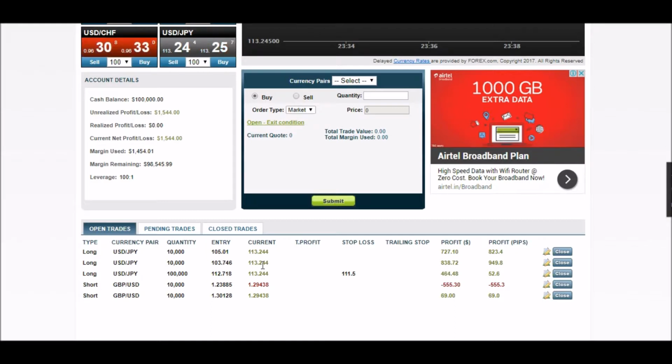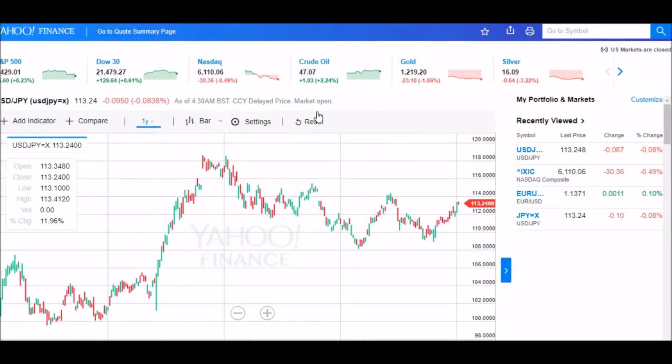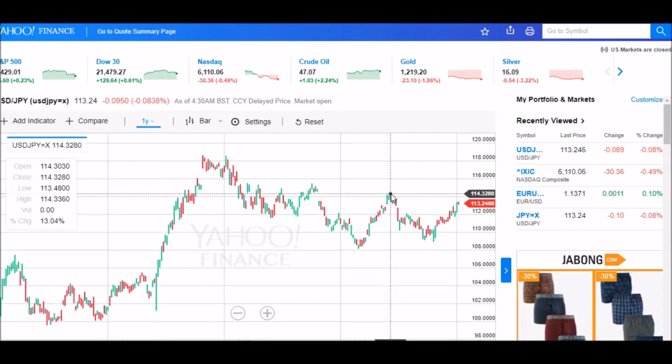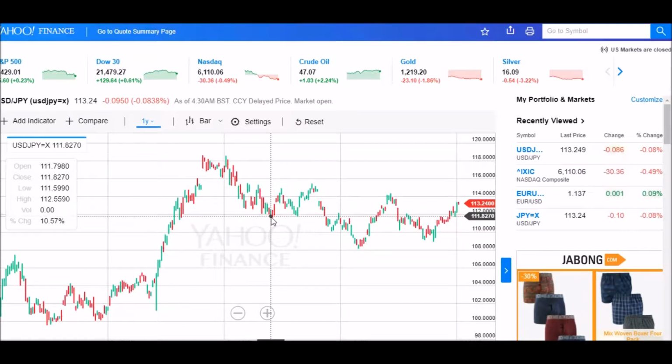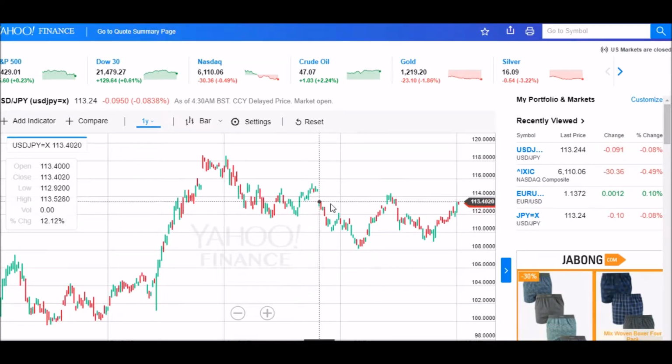Let's assume we've made enough money here. We think that the market in dollar yen is stalling at 113.24.25. Let's go again and look at the charts to see where we can find some resistance. We see that around 109.13 or 114, there seems to be strong resistance. The support seems to be here at 111.82. Now let's assume that after a lot of thinking and studying and analysis, we've decided that the dollar yen,